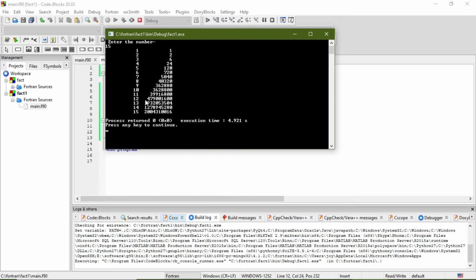From 13 it is not actually the result we want. It is not the factorial of 13. You can check using some other software, or calculate by hand using a calculator. So what is happening here?